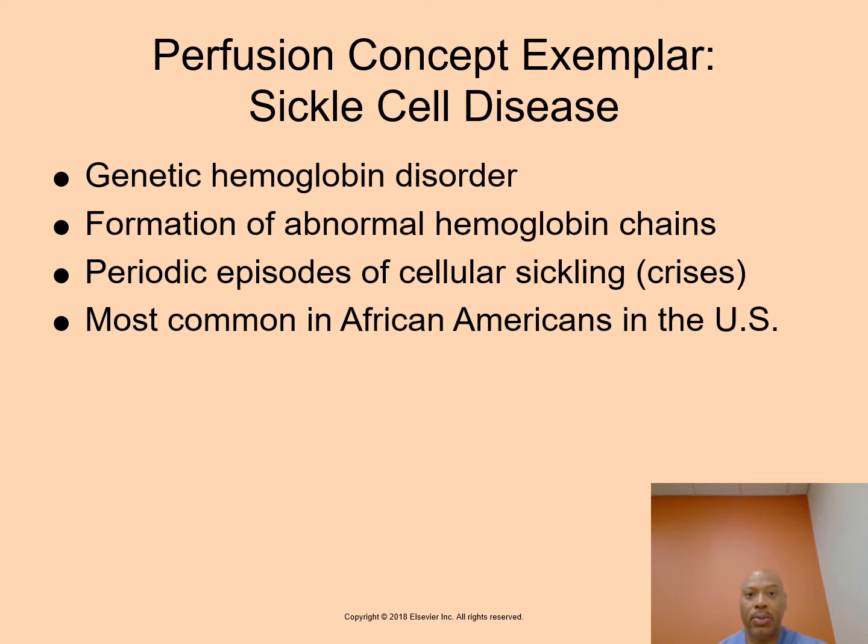This leads to more sickle-shaped cells, and this will eventually lead to destruction of blood vessels. Perfusion then becomes inadequate, and ischemia affects tissue. The tissues are not getting enough blood, so you have an ischemic episode here with the sickle cell